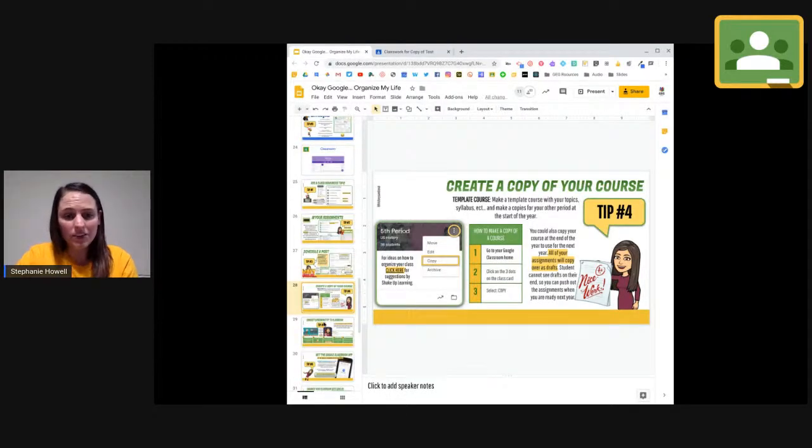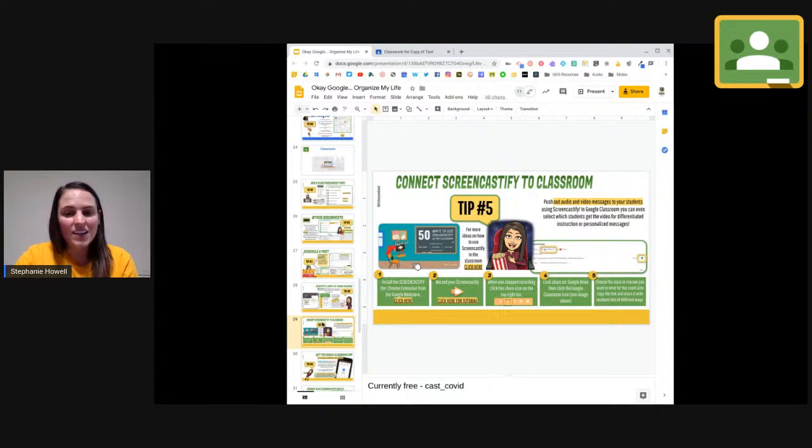Another one that will save you time is Screencastify. If you use Screencastify, you just have to click this extension right here, and you can record video directions for students. This is a huge time saver because how many of you want to receive email after email and you will no longer be at inbox 0?